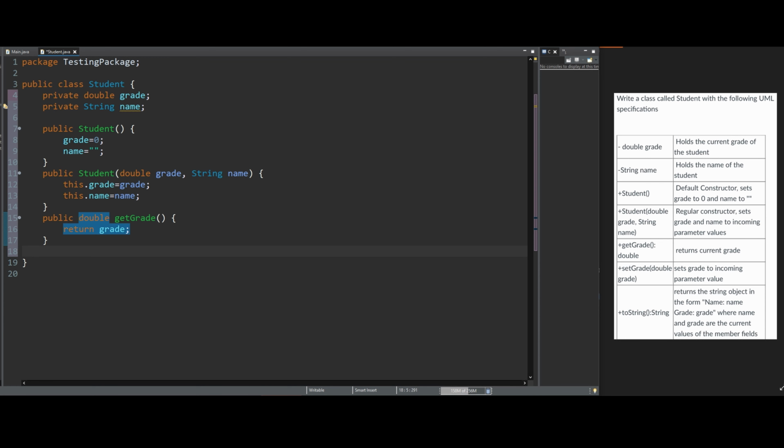Now we want to have a setter for a grade, and this will set a grade to an incoming parameter. We'll have public, we're not returning anything, so it's going to be a void. We'll have setGrade, and then inside of here, we're going to have double grade, and then inside of our code, we're going to do this.grade is equal to grade, and this will set this upper grade to